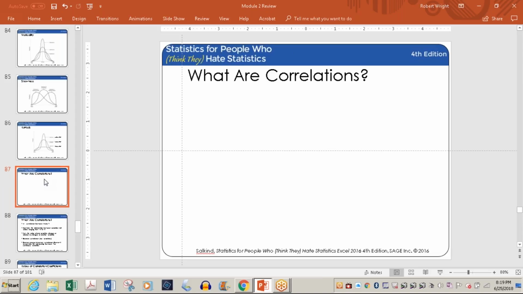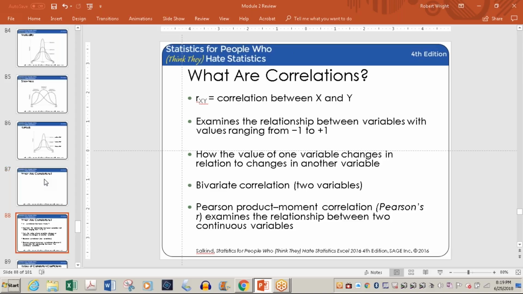If you're trying a new asthma drug, you want to have a connection between the improved health of the patients who took it and the asthma drug. And what you do, you have the control group that took the placebo, the treatment group that took the asthma drug, and they get better, and you want to have a strong correlation there. So basically, correlation is always referred to as R, for whatever reasons, relationship, I guess. And if you see R with a subscript XY, it's the correlation between X and Y. And as Dave said, it examines the relationship between two variables.